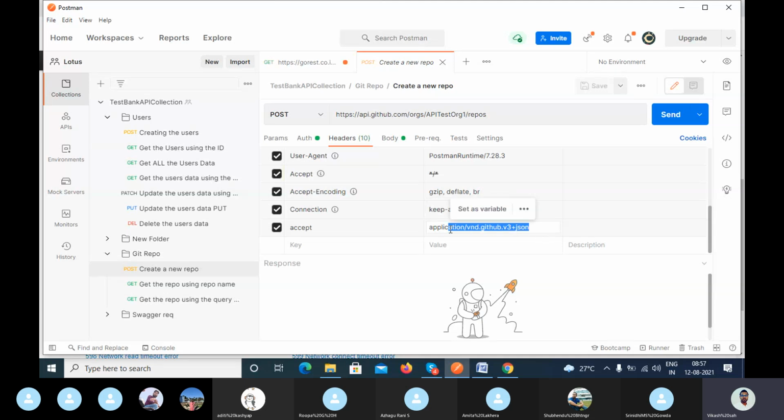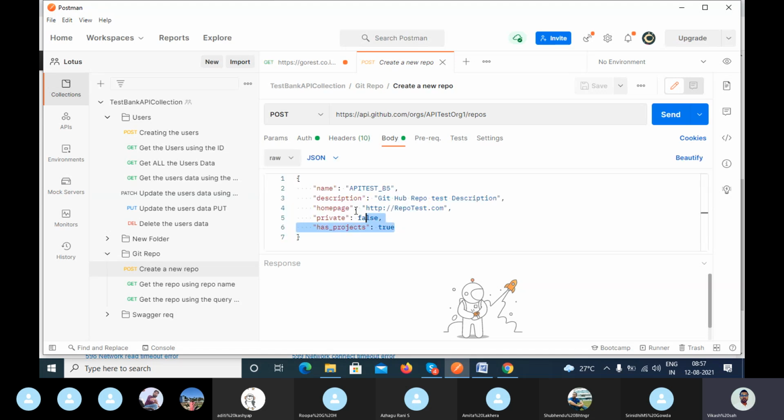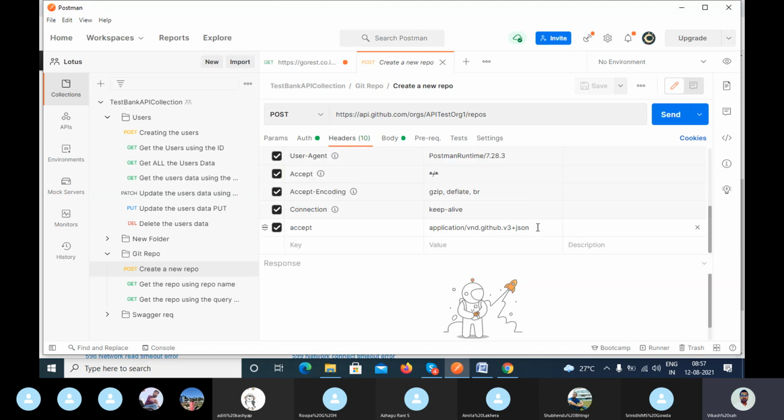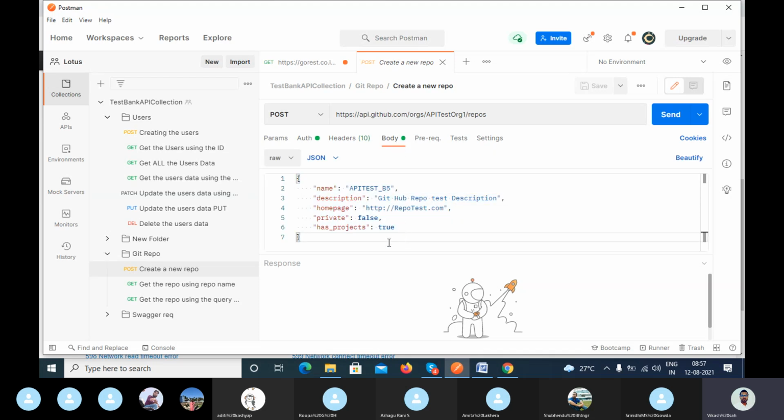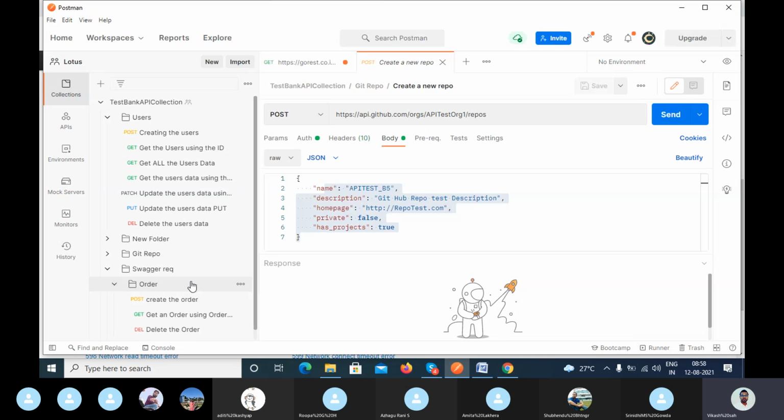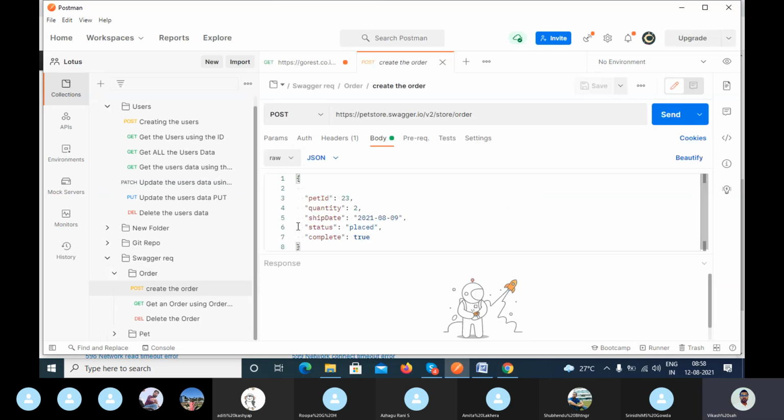We are passing this because the request is in the JSON format, and we have to tell the server that the things we are passing are in the form of application JSON. Similarly, in the Swagger, create an order,